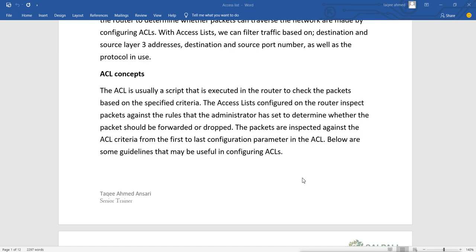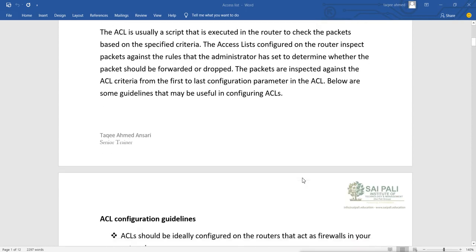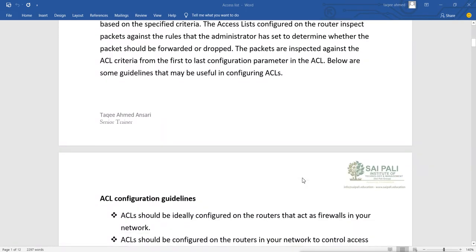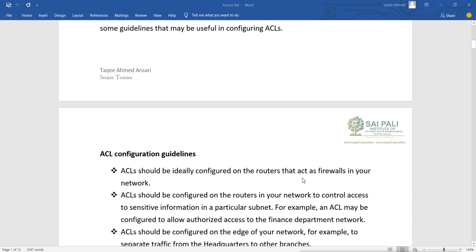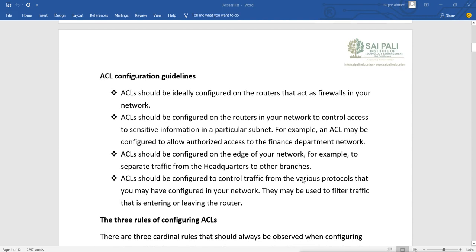The packets are inspected against the ACL criteria from the first to the last configuration parameter in the ACL. Below we see some guidelines that are useful for configuring the ACL. So basically, what is an ACL? It's a list, a script that runs on the router and checks the list of access rules which administrators create, and based on that it will allow or drop the data.